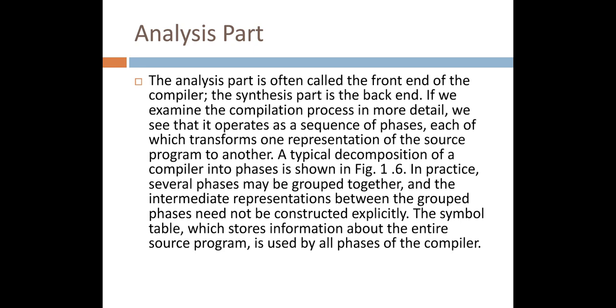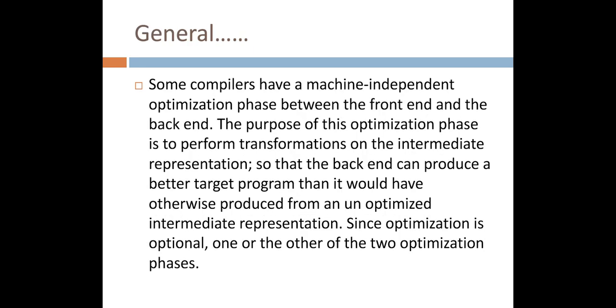So the symbol table is going to be a data structure which is used to help us store various information about your source program, such as the various variables that we have, the various identifiers that we have, and the various attribute values that we have. All that information will be stored in your symbol table.